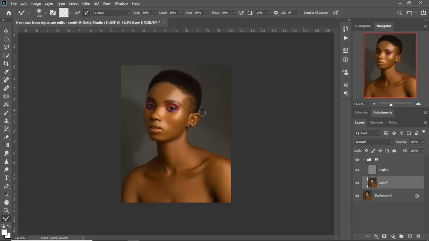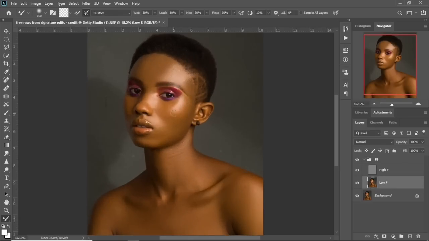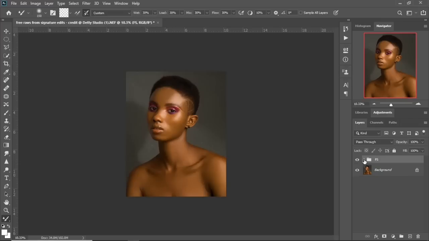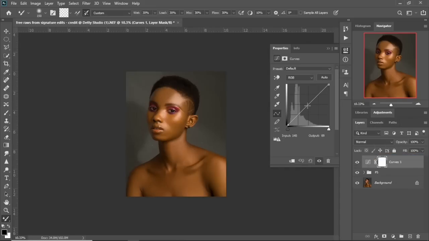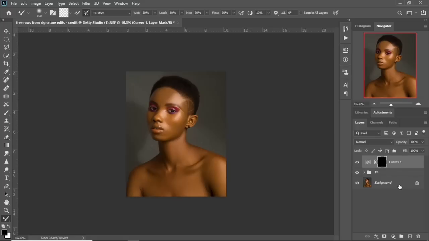So since we are done with this right now, we'll proceed to the next step, which is to create dodge and burn layers. So let's get started with that. I'll head onto my adjustment layer. I'll create my curves adjustment layer and I will move this up a little bit, not too much, just enough to enhance our highlights. So once that's sorted, I will Ctrl+I to invert, or Command+I on Mac,